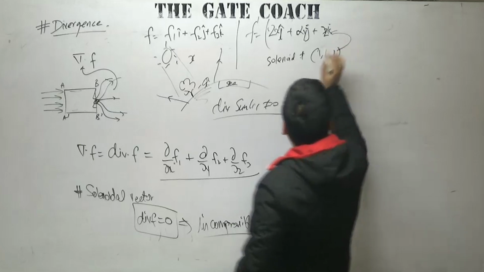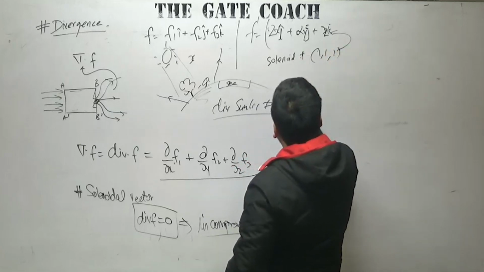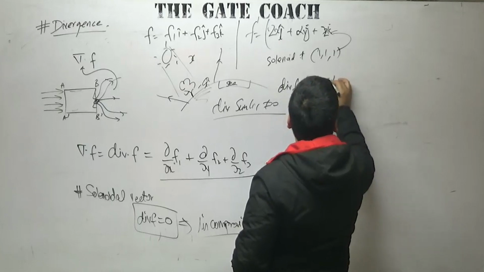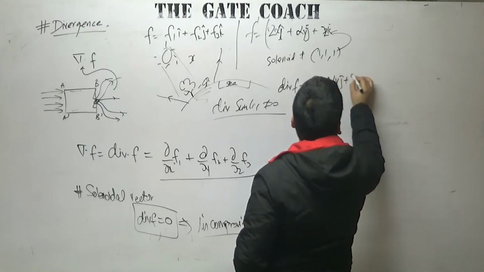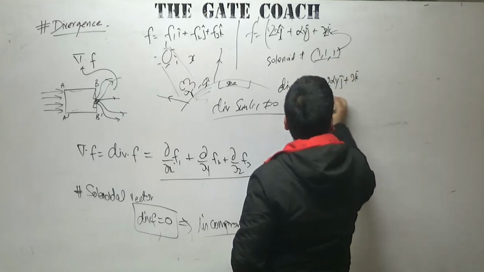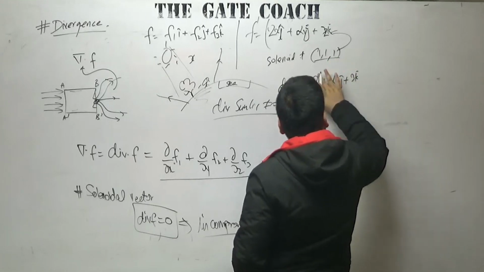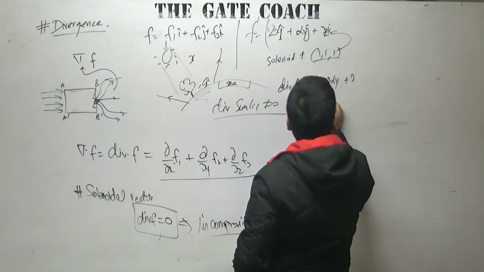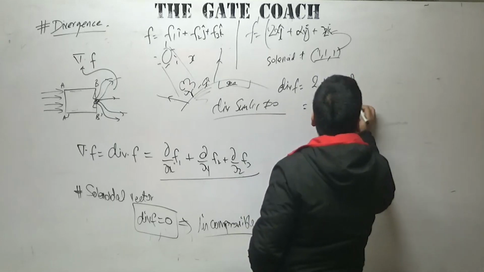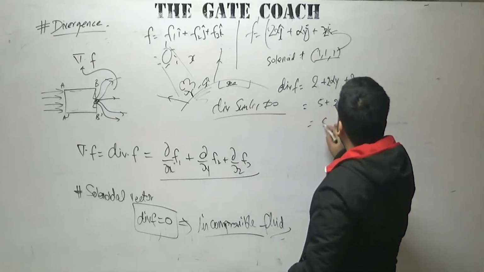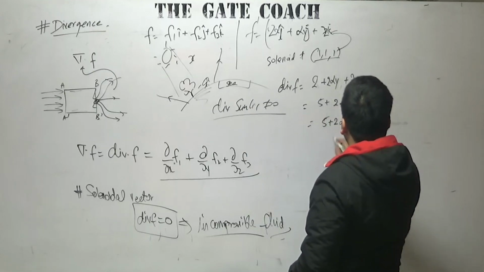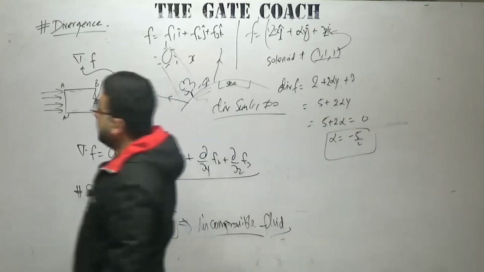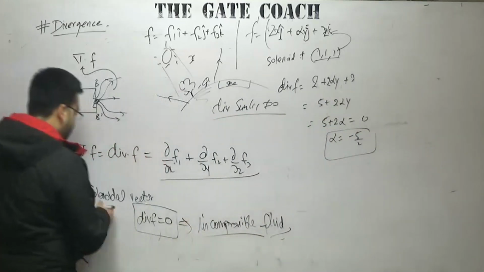First of all, you can just calculate the divergence. Divergence of f will be equal to what? It will be equal to 2 plus 2 alpha y plus 3. Now put the value of 1, 1, 1. So it will be equal to 5 plus 2 alpha y. Let us put the value 1 here, it will be 5 plus 2 times alpha equal to 0, so alpha will be equal to minus 5 by 2. So these types of questions also come in examinations, but for that you should know what is the meaning of solenoidal.